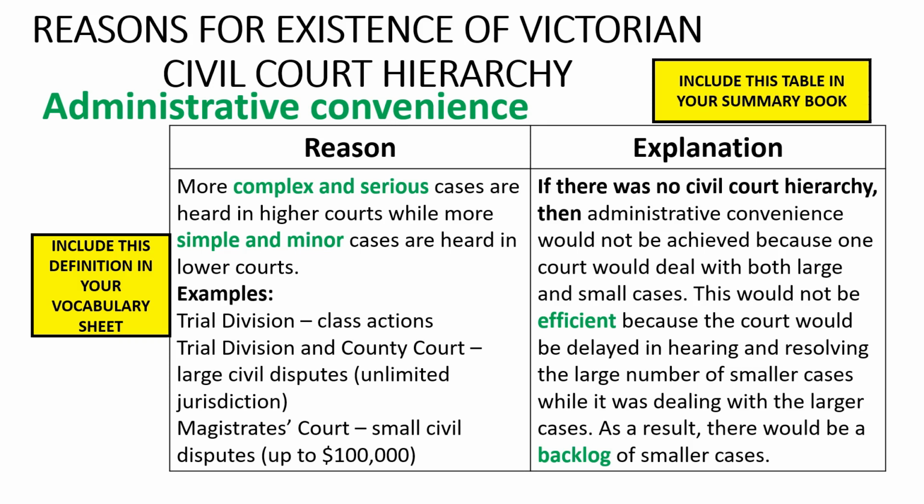So, how is administrative convenience a reason for having a Victorian civil court hierarchy? Well, we can explain this using the counterfactual: if there was no civil court hierarchy, then... Bringing together the explanation I have given you, including the important concepts of efficiency and backlog, we could say, if there was no civil court hierarchy, then administrative convenience would not be achieved because one court would deal with both